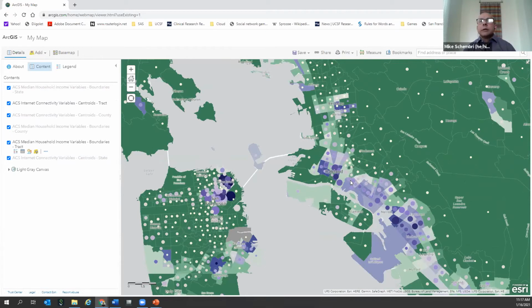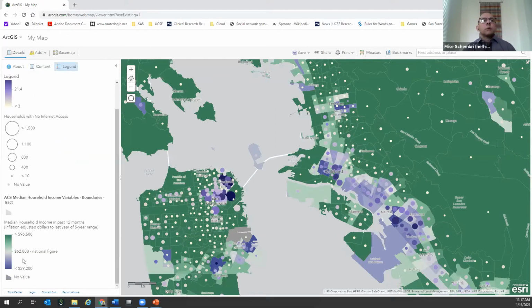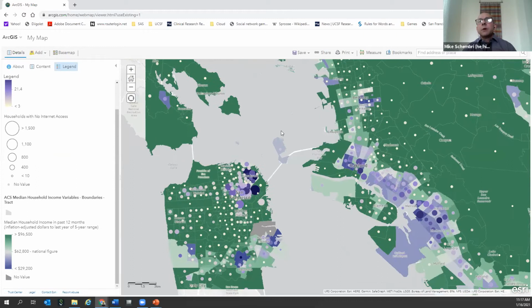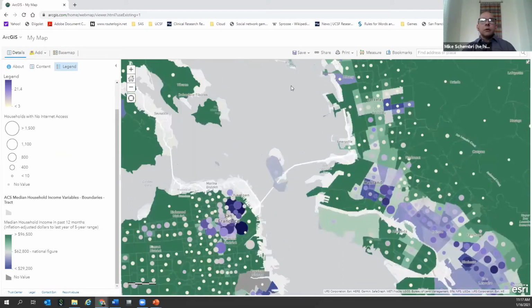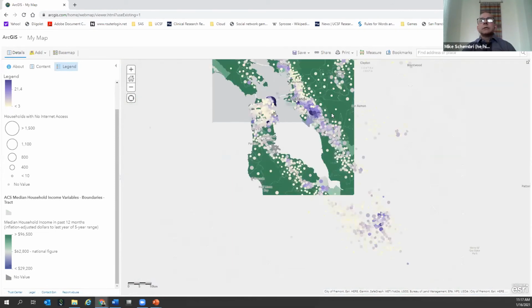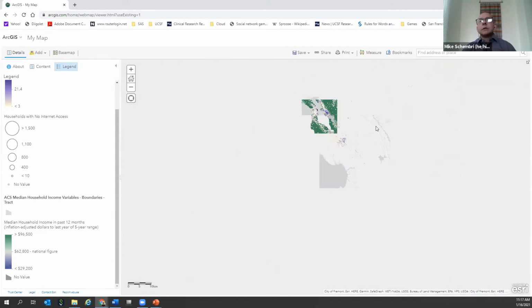It looks like there probably is, where a lot of the census tracts that have low connectivity also have lower median household income. And if I go to my legend, you can see the dark purple in income is less than 29,000. The green is greater than 96,000. So that's my map, pretty easy to put together. We can zoom out from this, obviously, and look at the United States. And if we zoom out far enough, as I said, it will look at